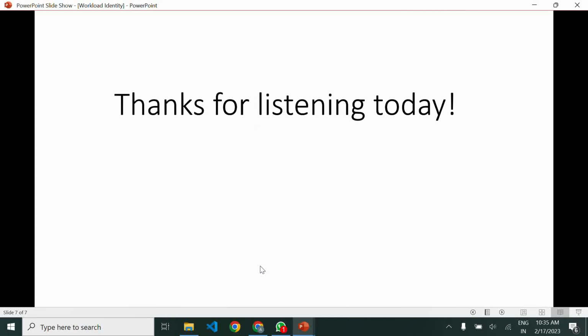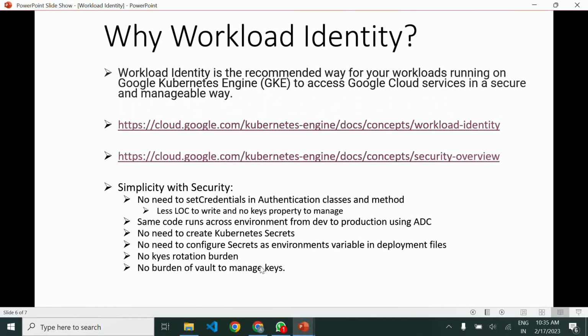So these are all the benefits of using workload identity. Thanks for listening today, and I hope we learned at a high level what workload identity is and what the advantage of using it is. Let us go for workload identity, at least for GKE where you are deploying all your services. You will not need any service account keys. Your services in GKE can connect with other APIs, for example